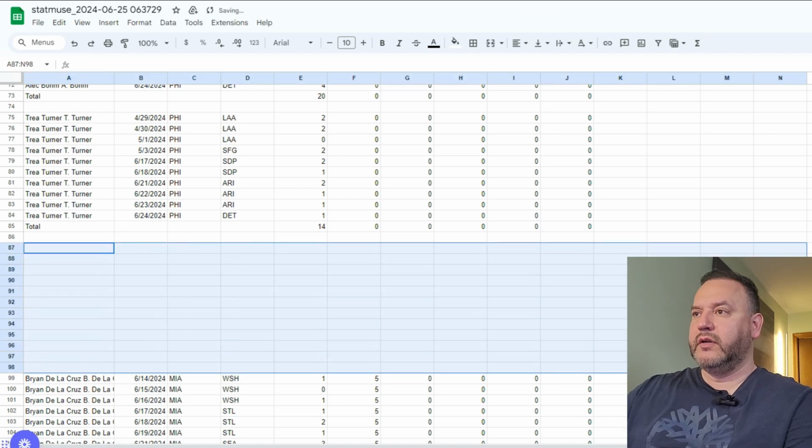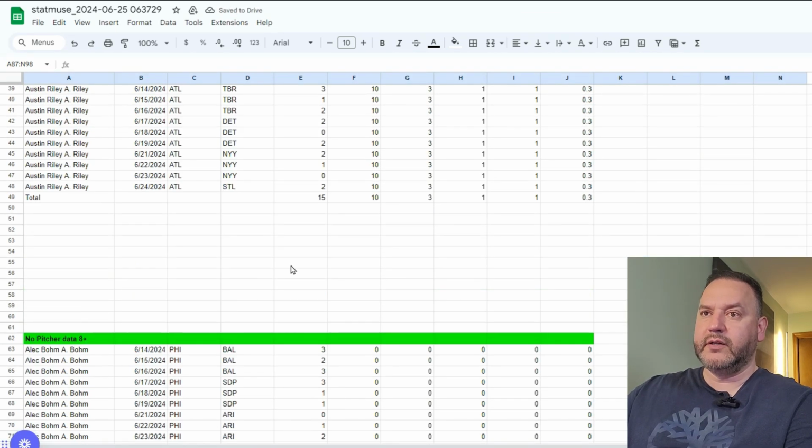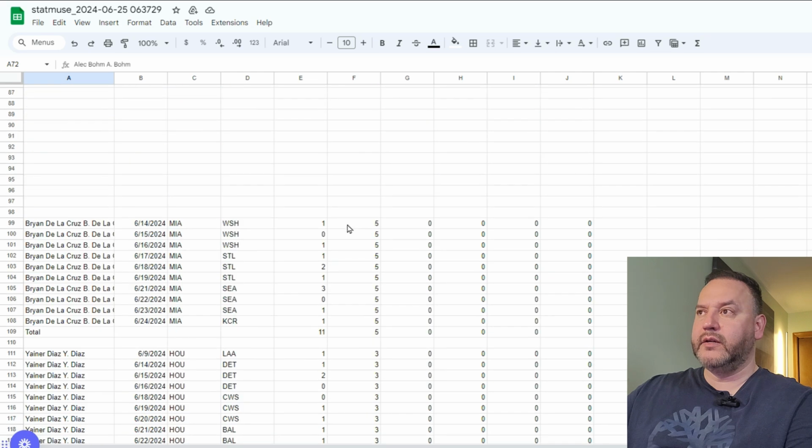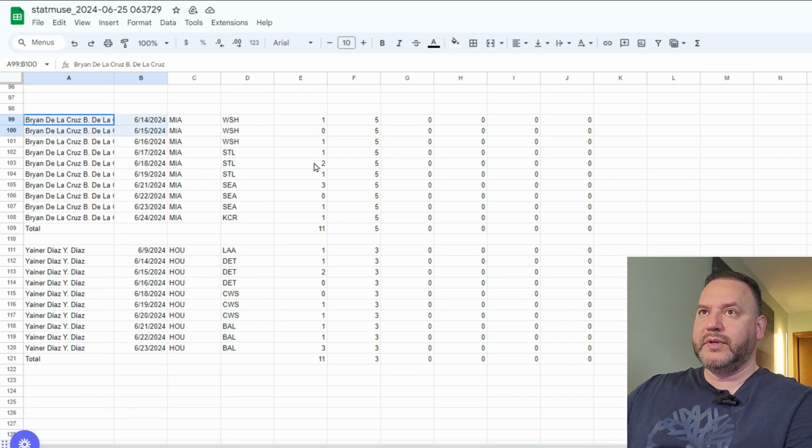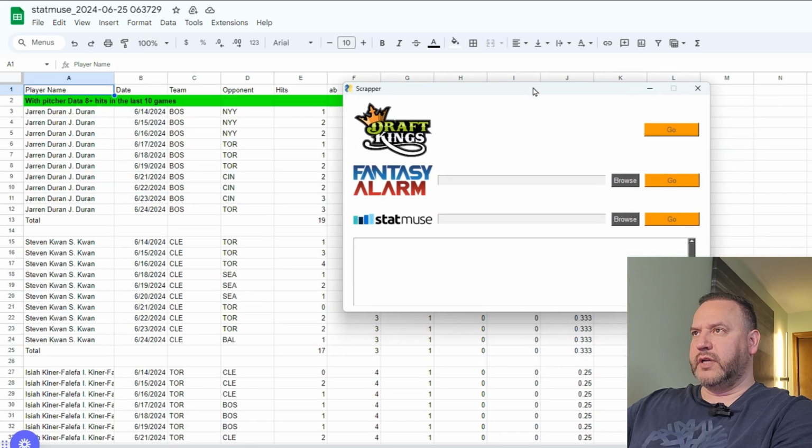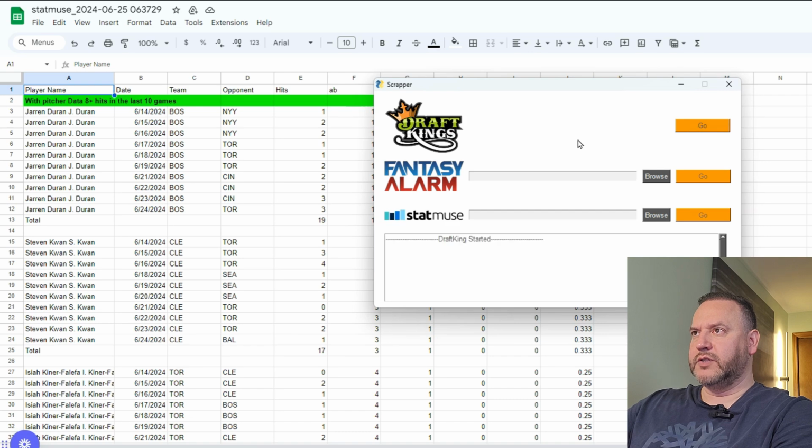But the reason they're not on top is because they don't have any pitcher data. So if I go to Fantasy Alarm, I type this guy's name in there, they won't show anything. So there's no data against that pitcher. So anyways, what I'm trying to show you is that this scraper, which I'll make available soon so that you can download it